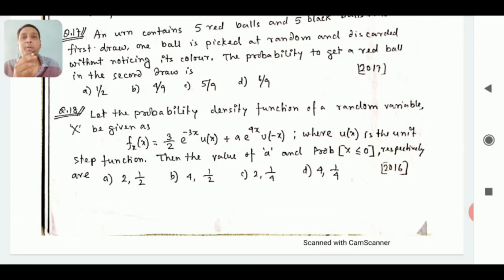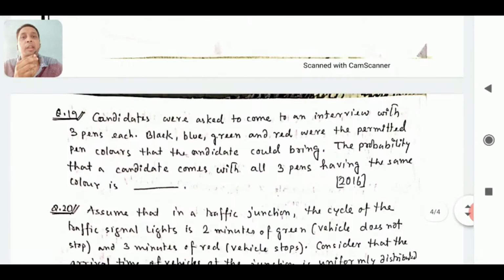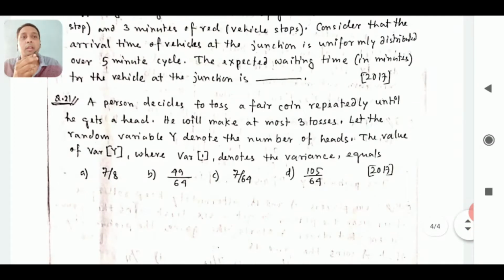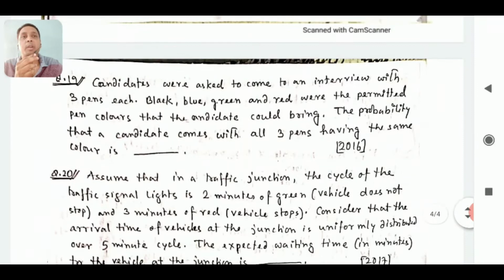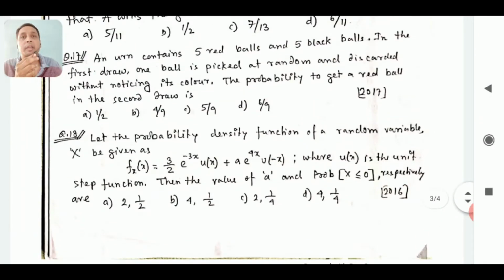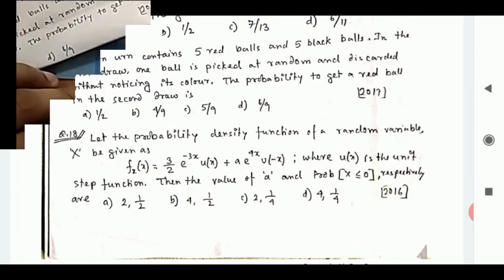Okay students, welcome to lecture 5 of this GATE Engineering Math Probability series. Today I have taken 5 questions: question number 17, 18, 19, 20 and 21. And that's all I have at present in probability. If I find new ones, I will add an extra lecture. Okay then, let's try to solve it.